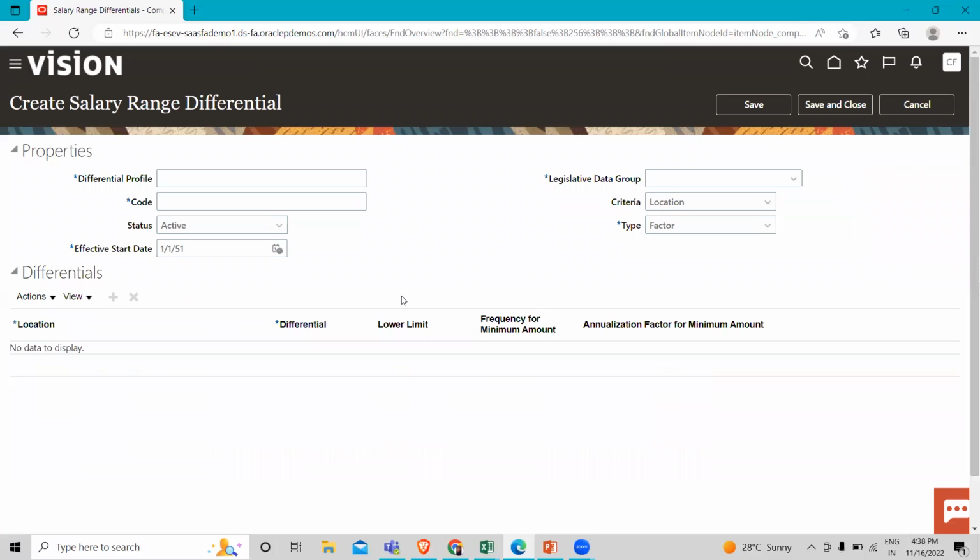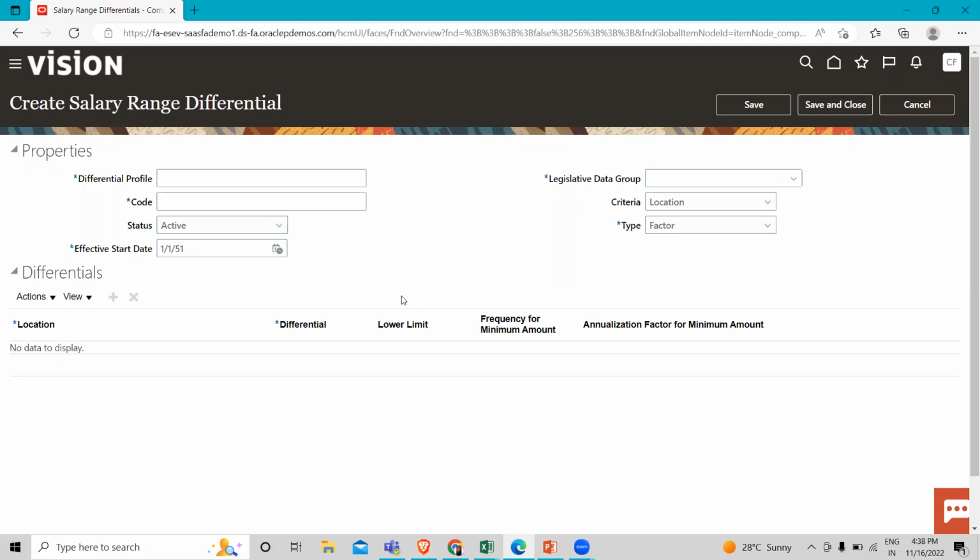So you can configure a salary range differential to adjust the base salary range from the grade rate associated with the salary basis. Differentials vary, for example, to reflect the cost of living in a different location or the relative ease of hiring.